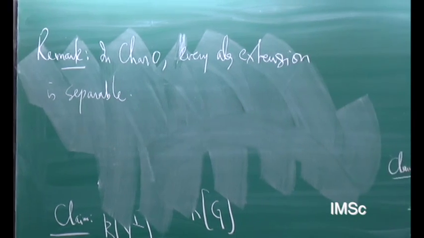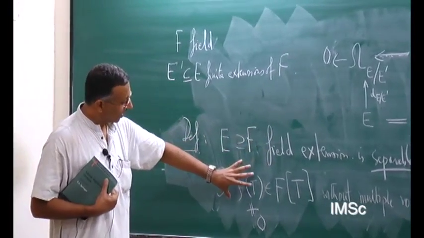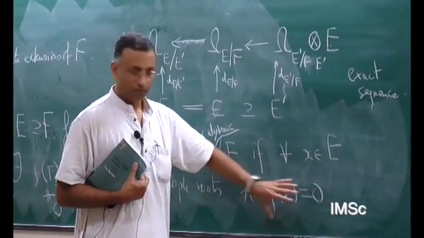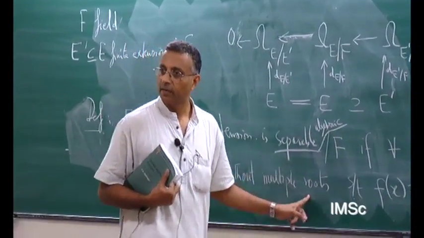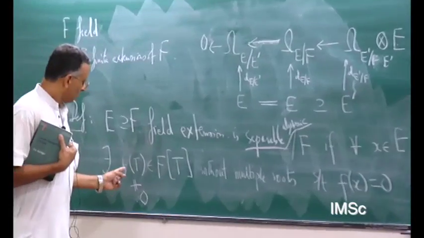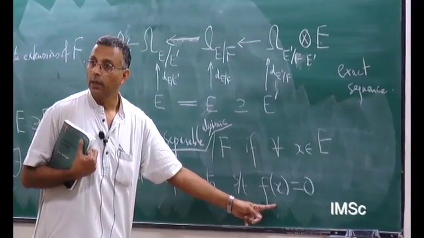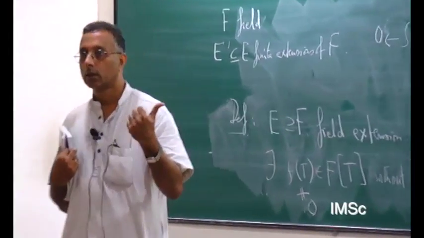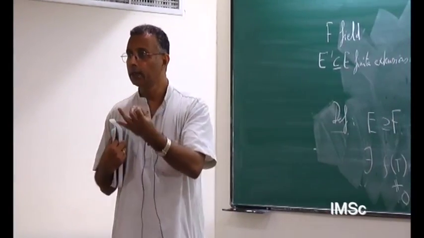So what am I assuming? I'm assuming F has characteristic 0, and that given x, there exists an f such that f(x) equals 0. What do I want? I want an f without multiple roots. How do I find such an f? Among all those f's which have this property, there is a unique one with what properties? Monic and least degree.